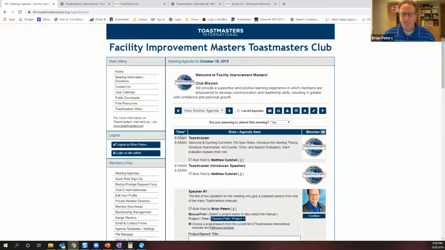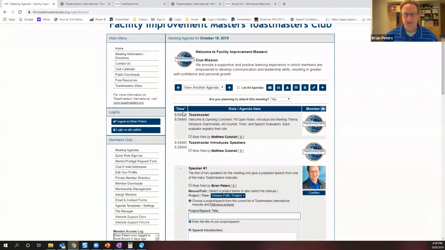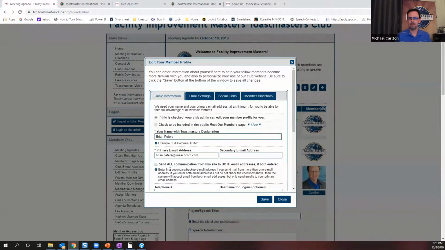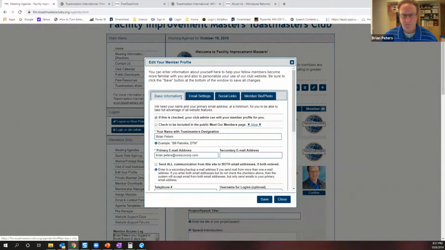If I look down at the bottom, for the Toastmaster meeting, I have the times, the role and agenda item, and the member. If the member has their photo uploaded, you'll see it here. I'm going to pause there and quickly show you where that is because it's really simple. Under Edit Your Profile, I'm going to jump back to the meeting agendas in a minute, but if you click on edit your profile, you'll see it's this simple, where you have 4 tabs: basic information, email, social links,